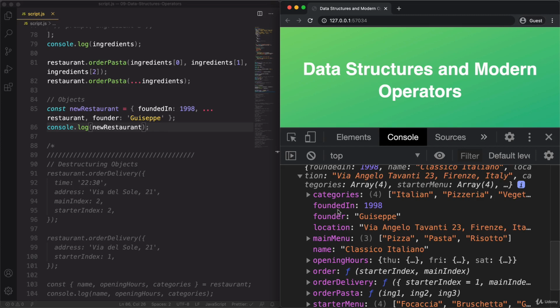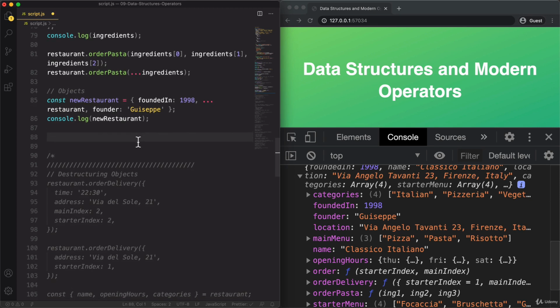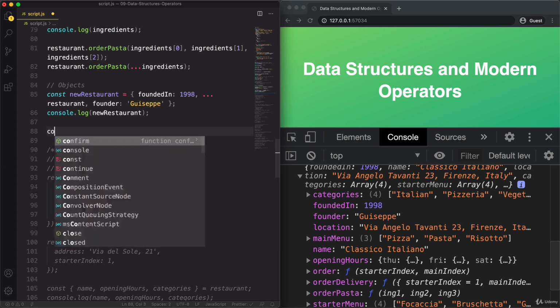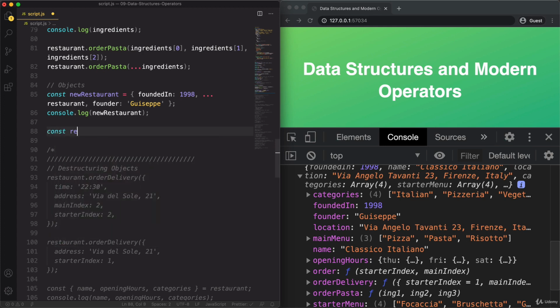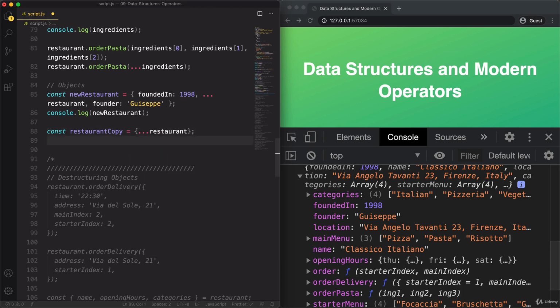Great. And finally, since we were able to do shallow copies of arrays using the spread operator, we can do the same with objects. So instead of using Object.assign as we did in the previous lecture, let's do that. restaurantCopy. All we need to do is an empty object, and then in there expand all the elements of the original object, so the restaurant in this case. And now if we attempt to change something on the copy,